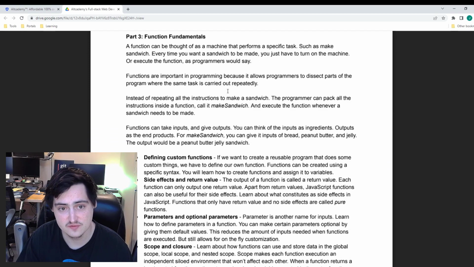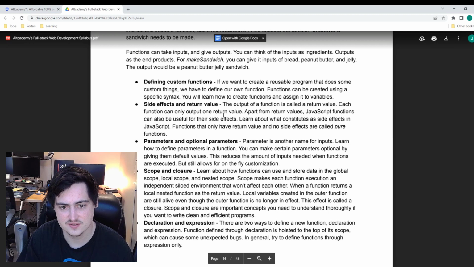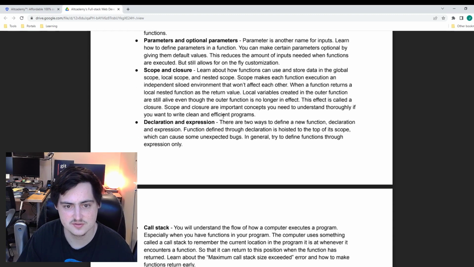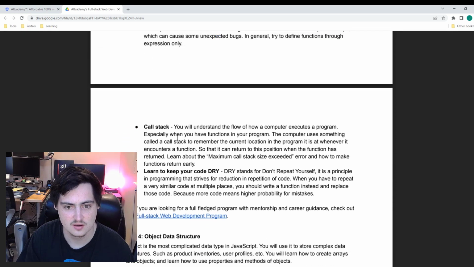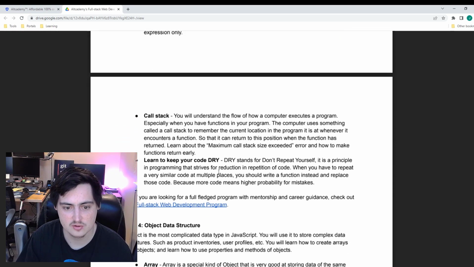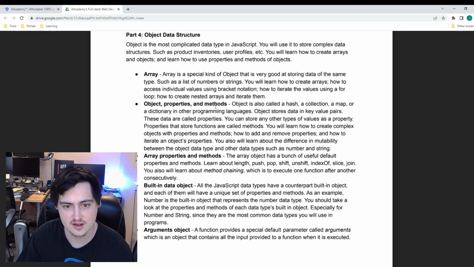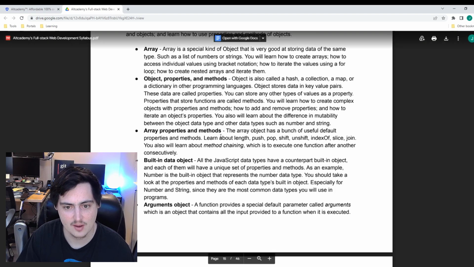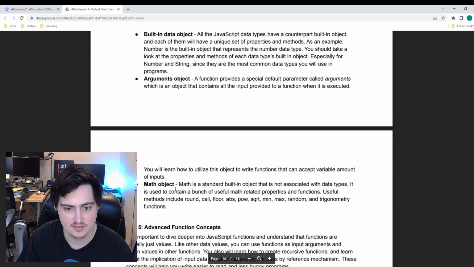And function fundamentals, okay, so defining functions, side effects and return values, parameters, scopes and closures, declaration and expressions, a little bit about the call stack, that's good, and learning to keep your code DRY. So then we go into object data structure. We talk about arrays, object properties and methods, array properties and methods, built-in data objects, arguments object, and the math